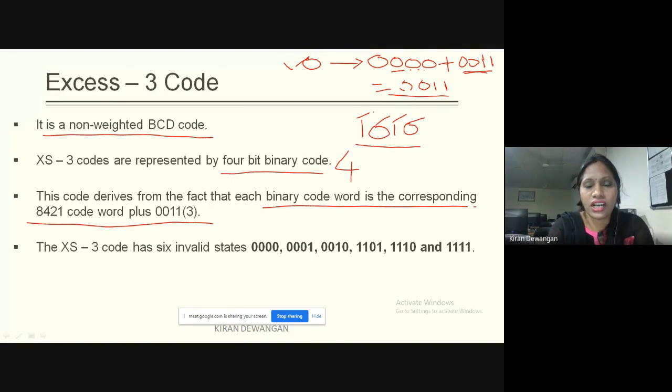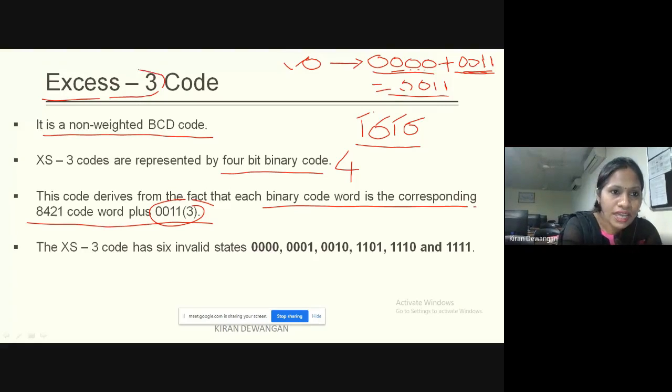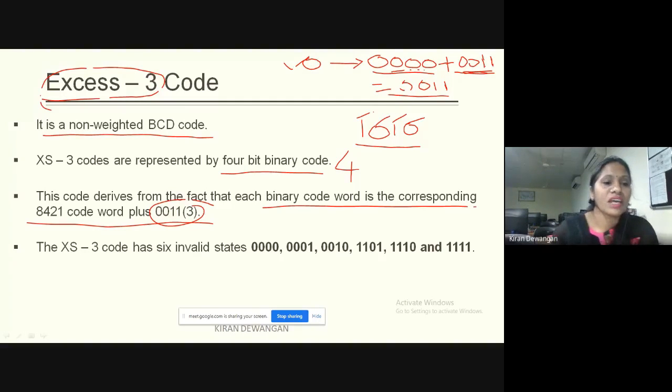The XS3 code of every BCD code will have 0011 added, that is plus 3. So that is why we call it XS3. Are you getting my point? Why is it called XS3 code?